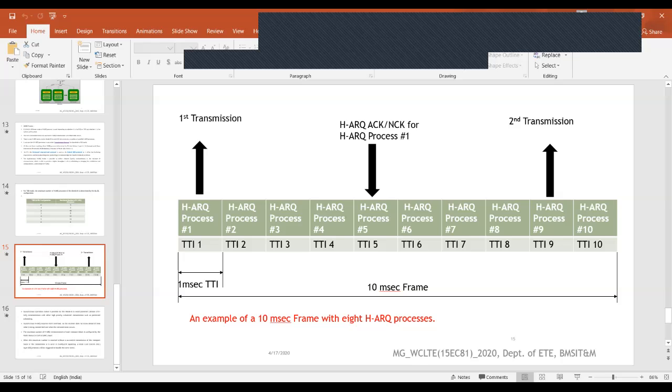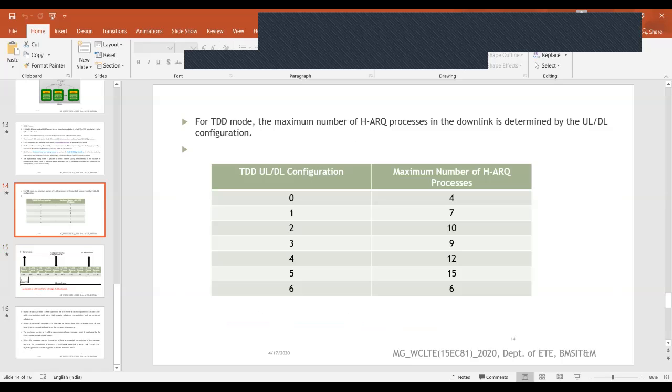So if you have any questions, you can ask me. And it is very deep even in case of uplink. So as I said, with the TDD, it is more complex. So many configurations. For each configuration,